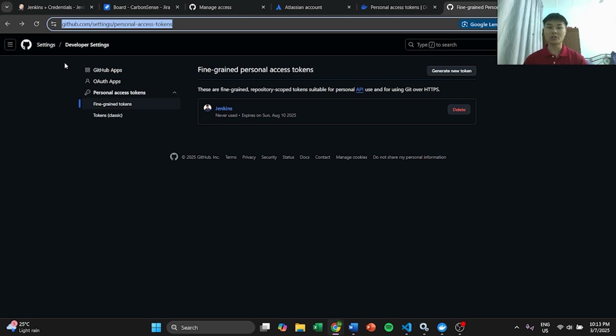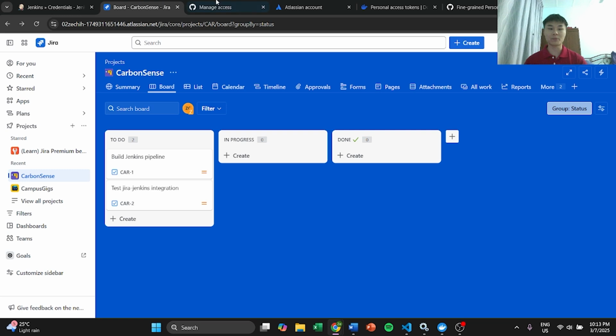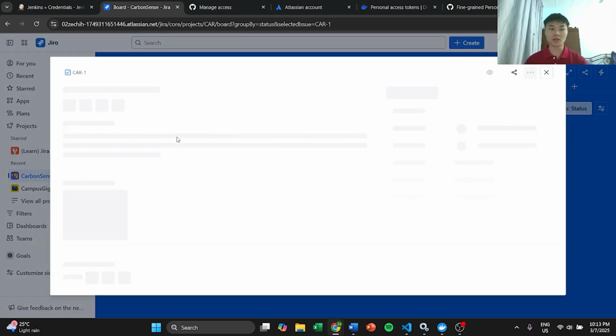So by using all these access tokens, I will be granting Jenkins the permission to run and access my account for Jira, GitHub, and Docker. And fourth will be creating an issue in the Jira project and updating the issue in the Jenkins project pipeline. So it's over here. We will have the first one, build Jenkins pipeline, and for every